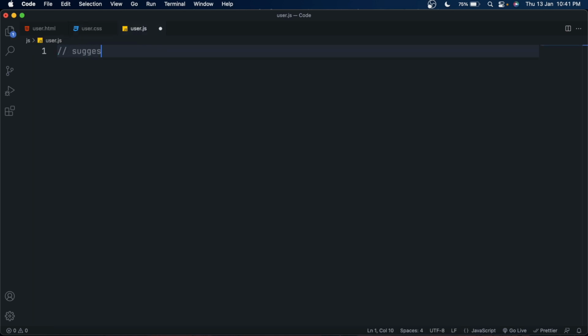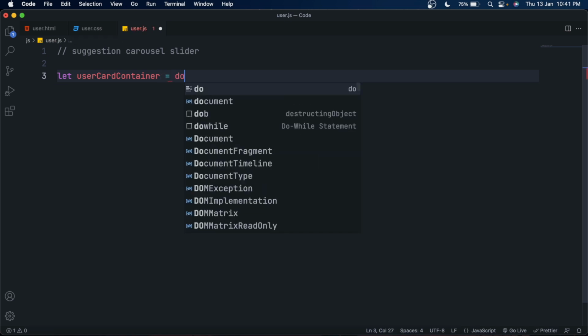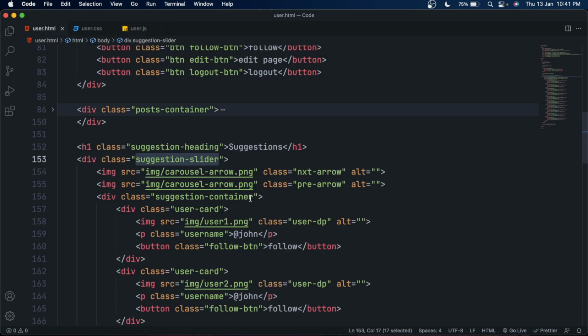So open the user.js file. Now here select the suggestion container elements. I'm making a variable userCardContainer and selecting the suggestion container using the querySelector method.